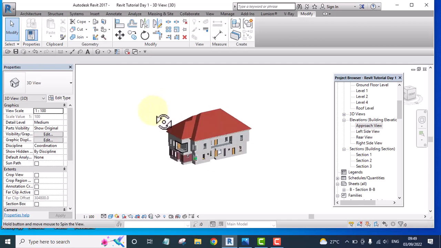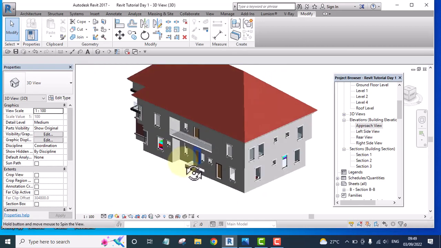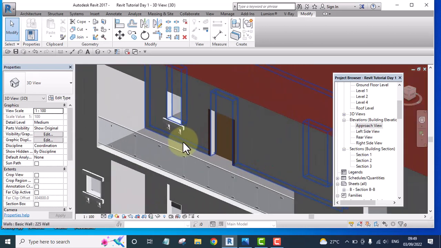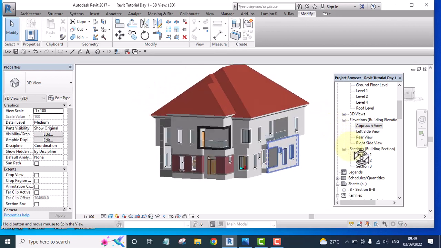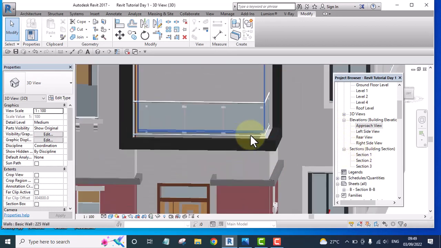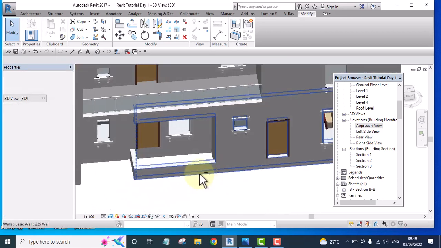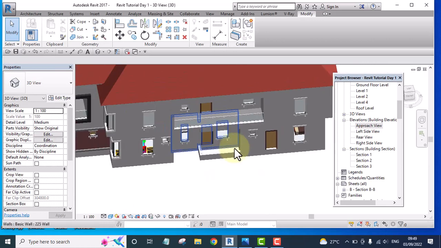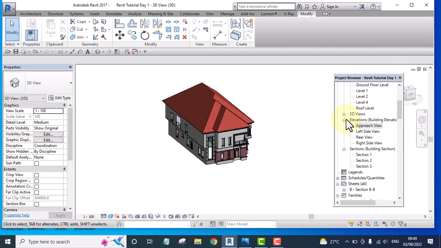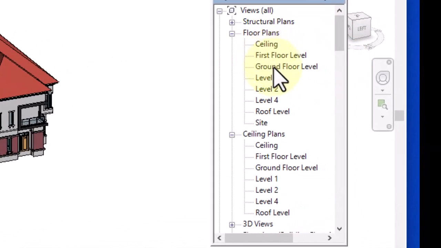In this video, I'll be showing you how to create floors in Revit. You can see there is no floor here, so I will go to the ground floor plan. This is the ground floor,